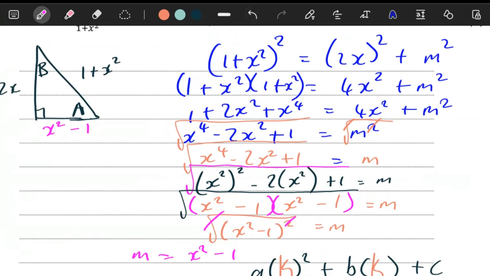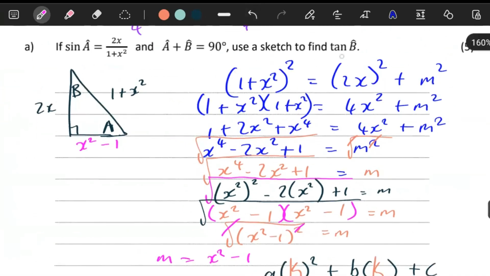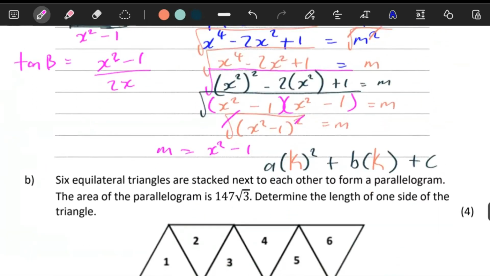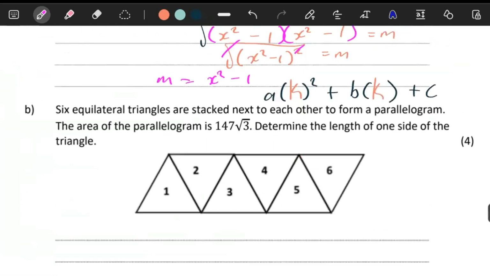Now, with what we have here, they want us to get tan b. So tan b is obviously going to be opposite over adjacent, you see. There you go. You can leave it like this. It is 100% A-okay. You will not be penalized for that because it is 100% up to you. B says